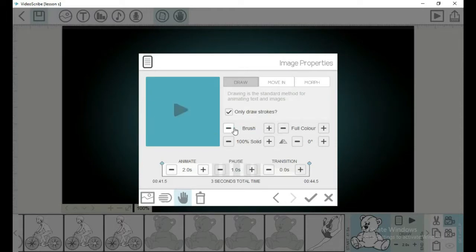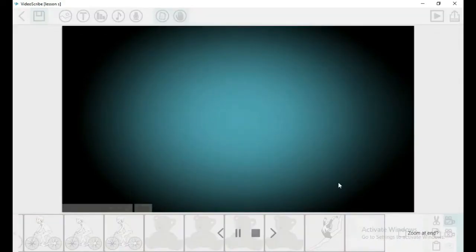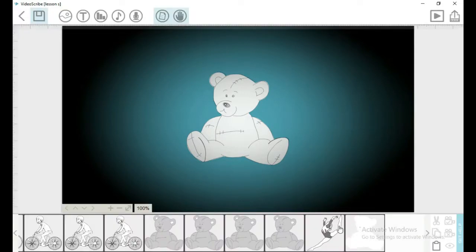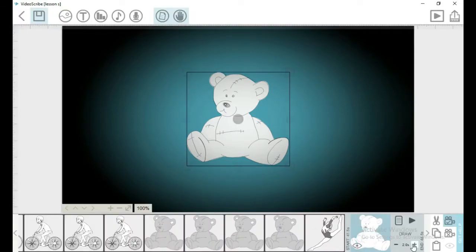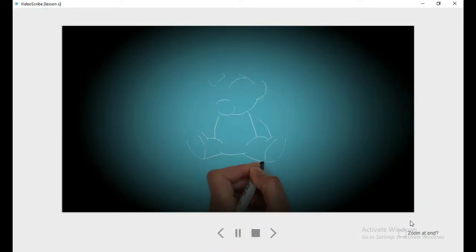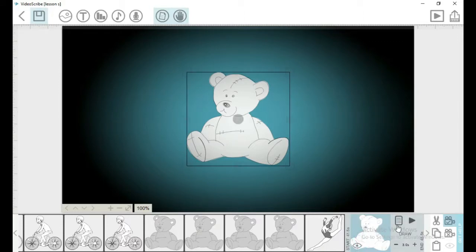In this case, first of all return to the brush effect, and here I can use the outline effect and click OK, so that we can preview this, and that is how it works. And for us to be able to, let me increase the animation time to 3 seconds. That is how it works. Now let us go back to the properties,